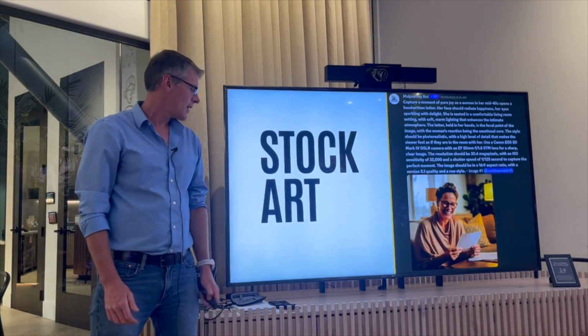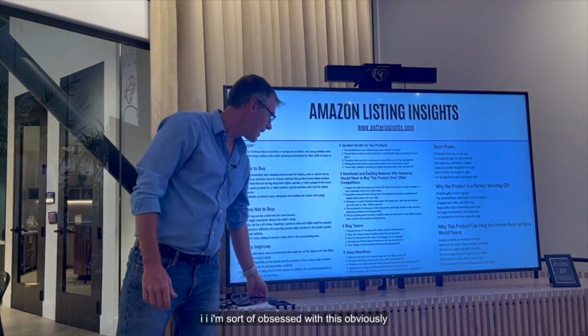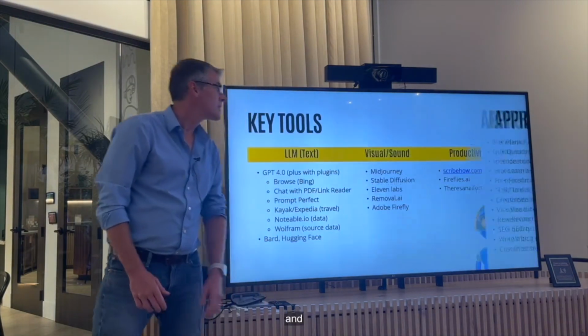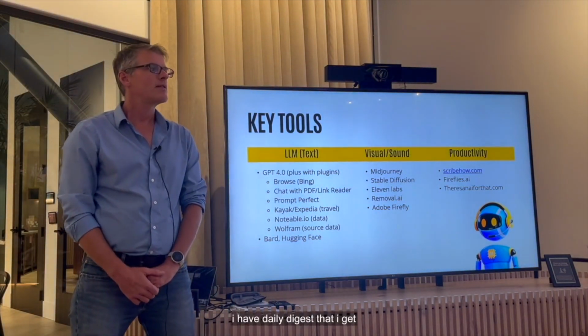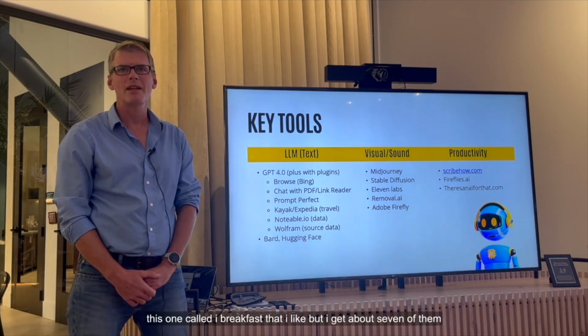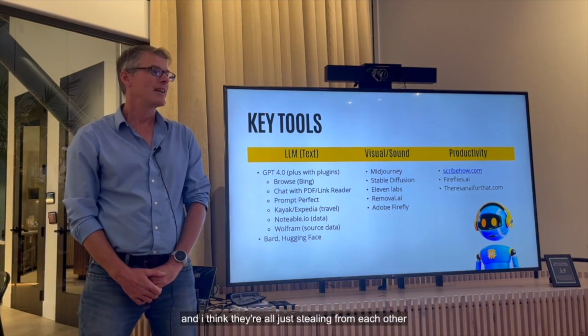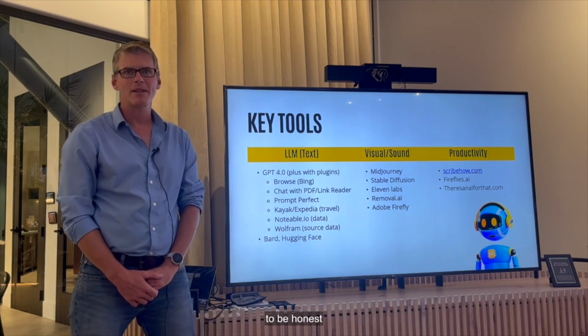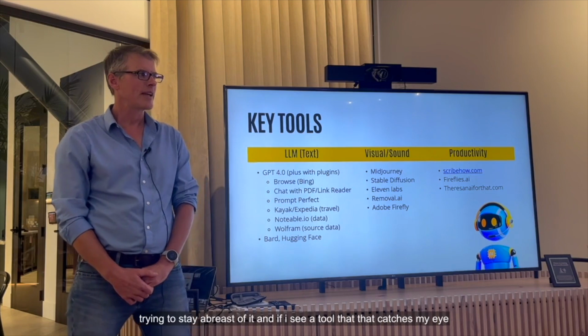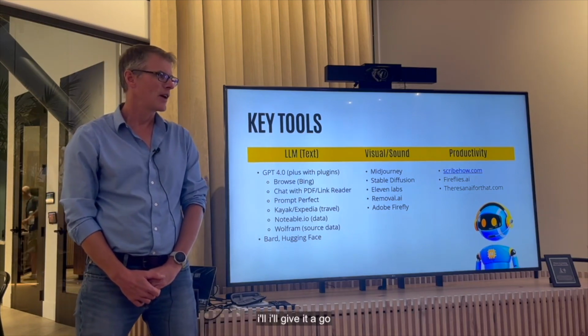I am sort of obsessed with this, obviously, and I have daily digests that I get. There's one called AI Breakfast that I like, but I get about 7 of them, and I think they're all just stealing from each other, to be honest. But I try to stay abreast of it, and if I see a tool that catches my eye, I'll give it a go.